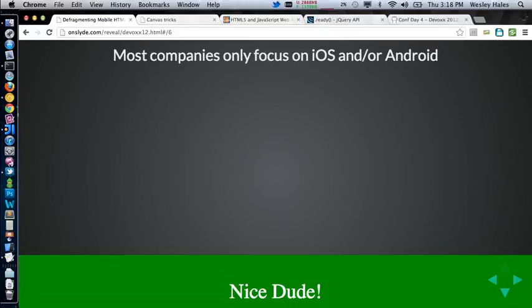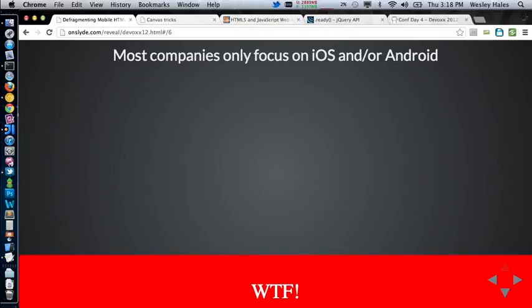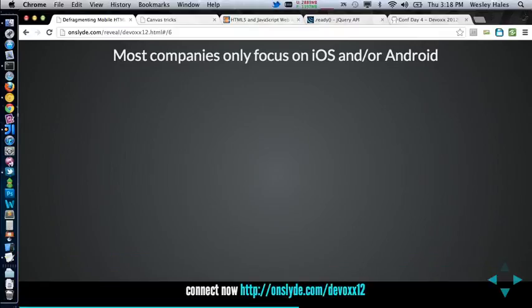So most companies only focus on iOS or Android. When I was at CNN, and other companies, all they really cared about was iOS and Android for their mobile web initiatives. And that's easy to say from a developer standpoint. It's easy to do because the development flow for writing mobile web applications is, you pull up Chrome or Safari and you write it there in the browser on your desktop, test it there, and then push it out to the iOS simulator or to the actual device, and then you test it there. So that's the flow that happens, and it's easy to support. But it's not as easy as some people think